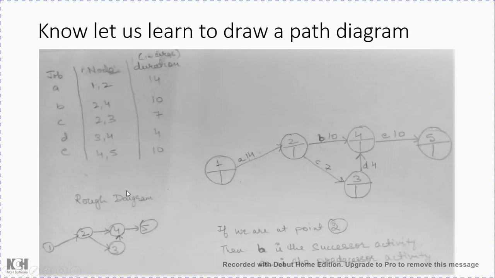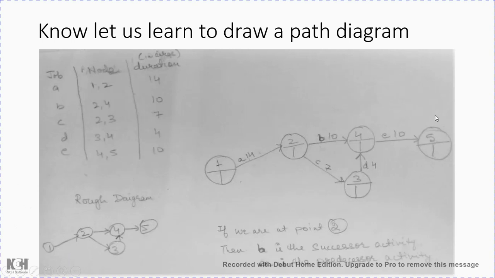Generally we prepare a rough sketch, so that we know how to represent it in a fair drawing. Sometimes it is a very simple example, but when there is a complex situation, it is very difficult to view the relations and move on to the path diagram easily. So we have a very brief rough sketch. Here we just draw from 1 to 2, 2 to 4, 2 to 3, 3 to 4 and 4 to 5.